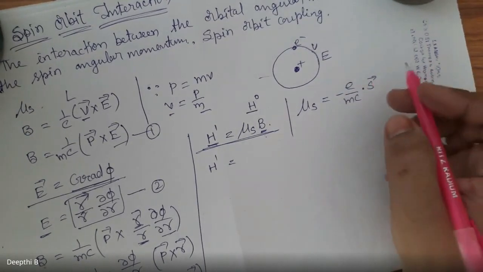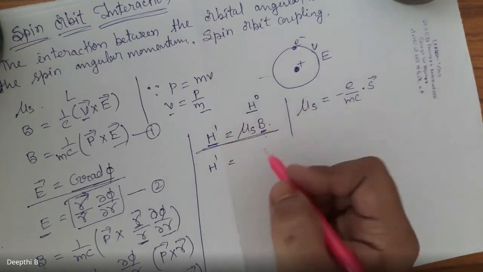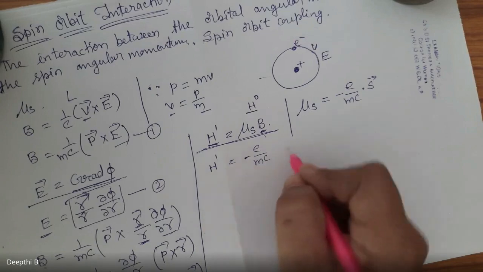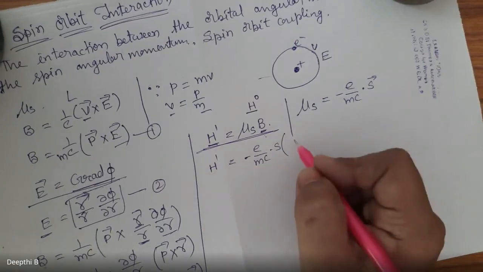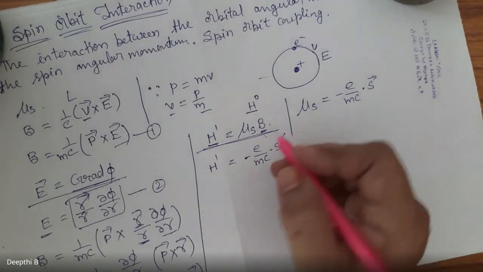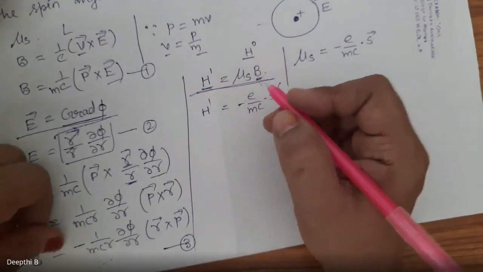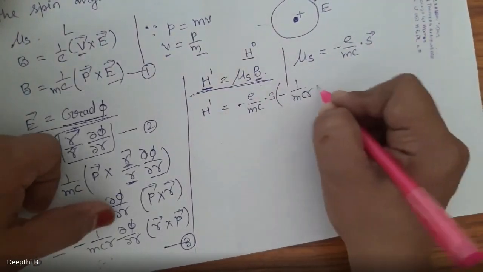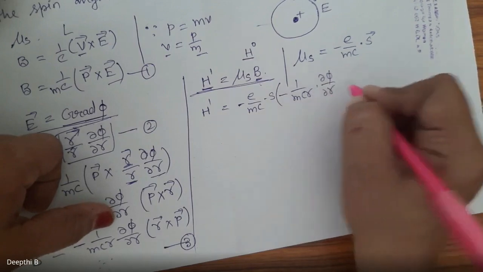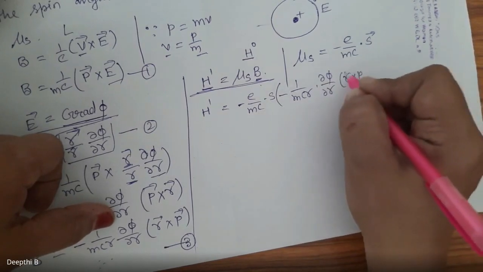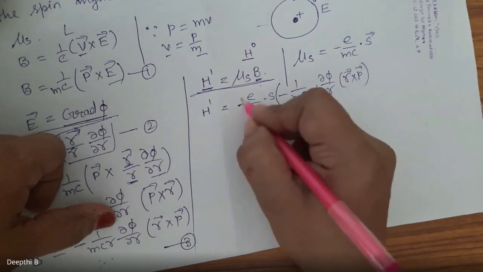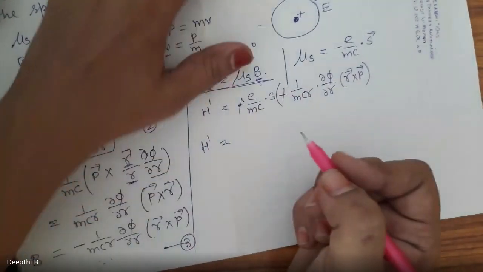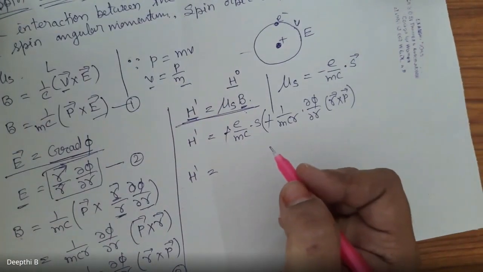Here we put minus E by mc into s, and for B the value is minus 1 by mcr dou phi by dou r into r cross p. Minus minus is plus. So H prime is equal to